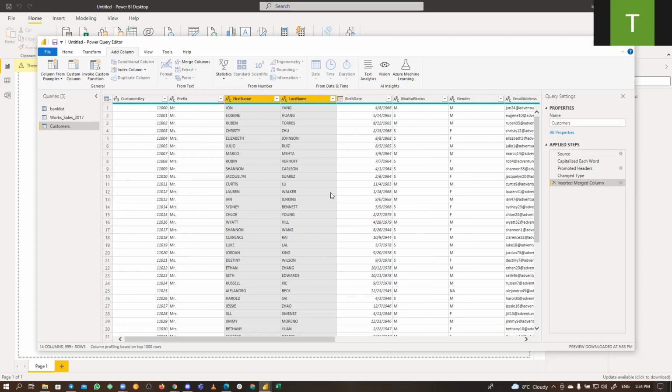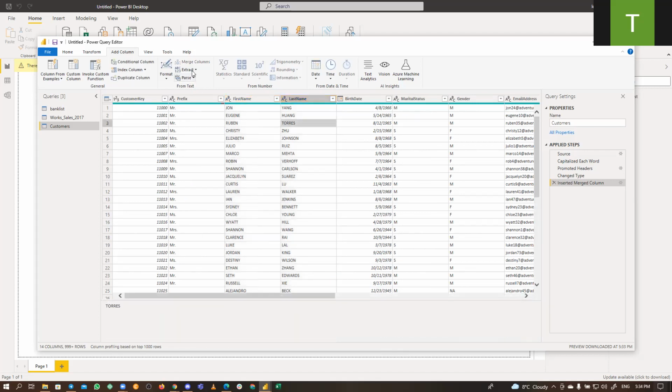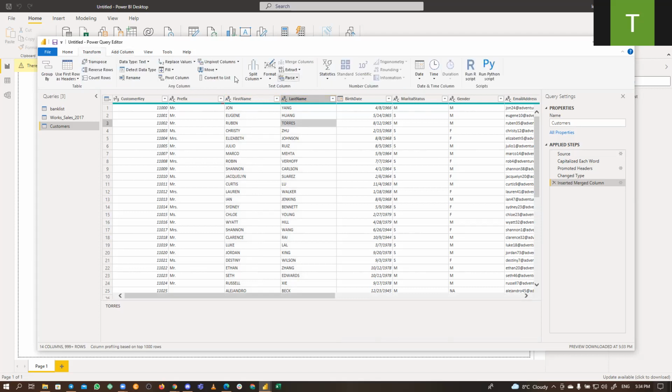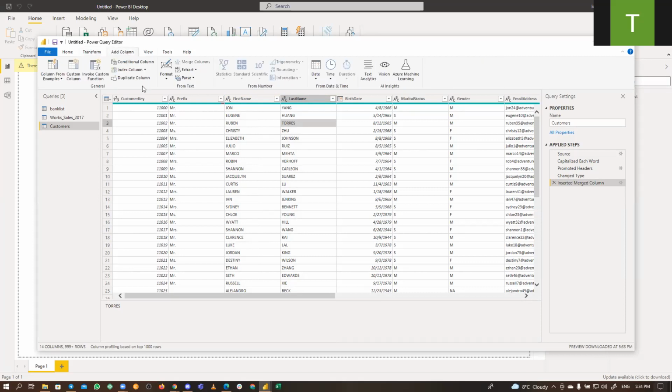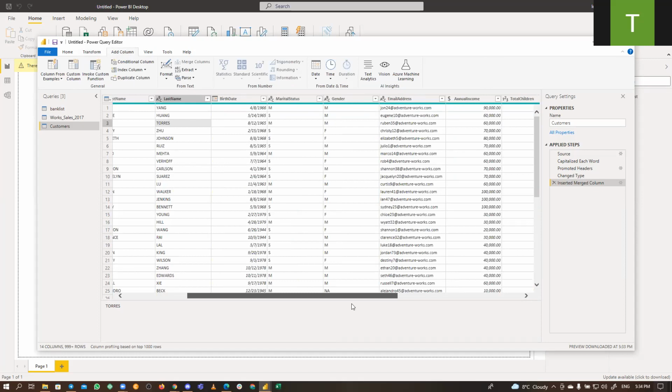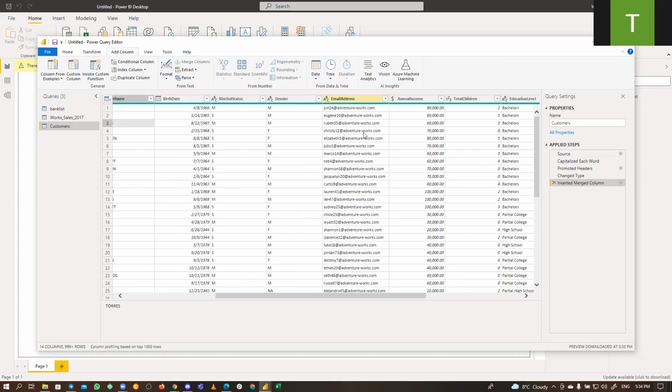So the second operation I want to show you is the Extract operation. Don't forget, we can also have it here as well. Whatever you do depends on what you want to do. But for now, let us just use Add Column. So if I come to this, let's play around with the email address, for instance. Let's assume I want to extract email. Literally, all these things are what you can do in Excel. So for those of us that have used Excel before, it's probably not a problem.